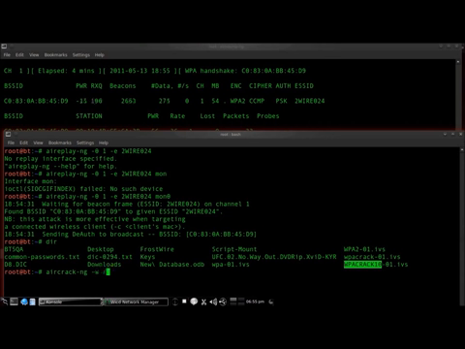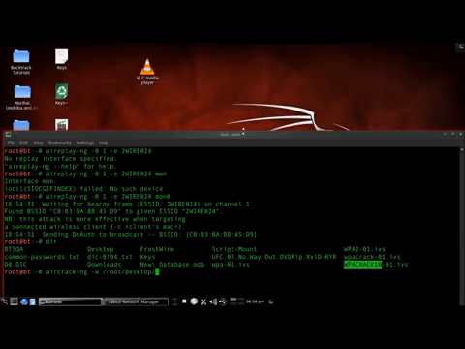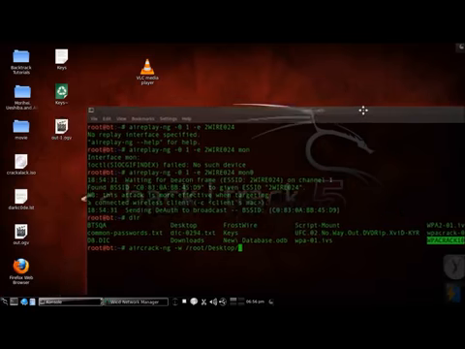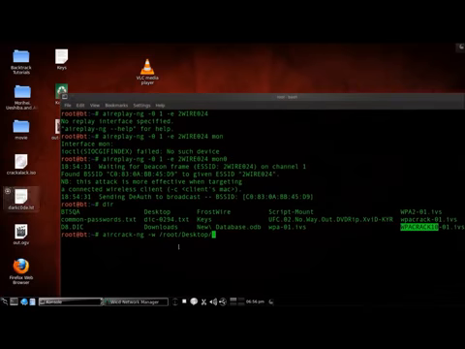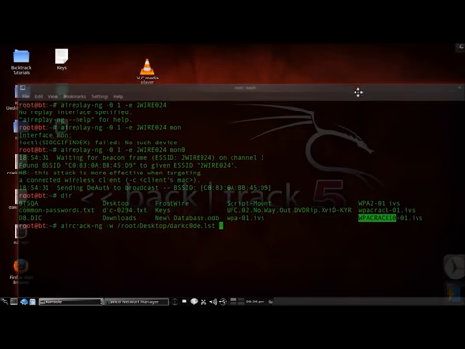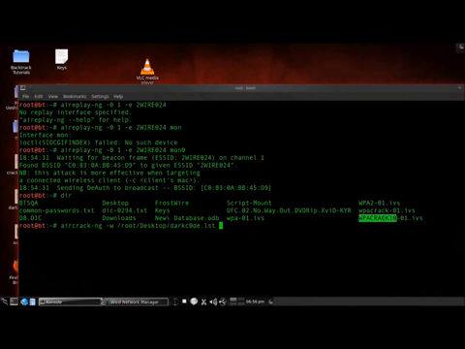And the location of our word list, which is on the desktop, is /root/Desktop, and then our word list name, which is darkc0de.lst. I'm going to put a space, and now we need to specify the wpacrack10-01, and it's case